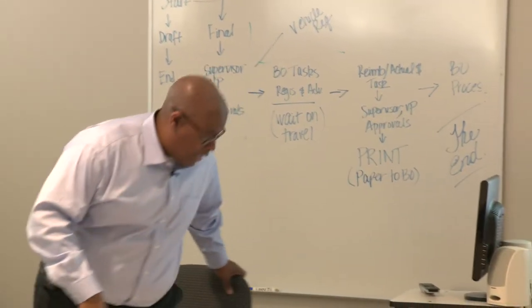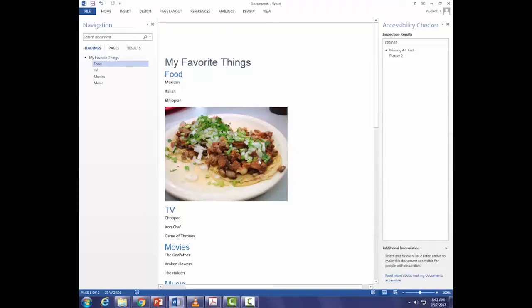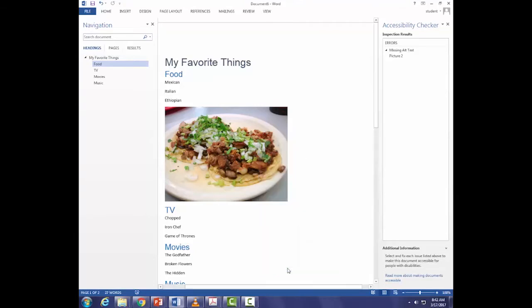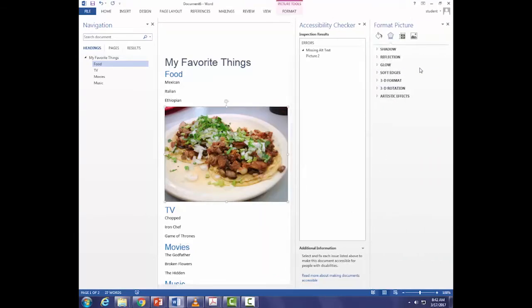So I have to add alt text to that, and here's how I do that. I simply get this image and I right click it. And then it's going to bring up a drop-down menu, and at the very end of that drop-down menu is a command that says Format Picture. And let's click on that. All right, so in the Format Picture command box right here, you have layouts and properties. And let's click on that. And I want you to watch something when I click in alt text.